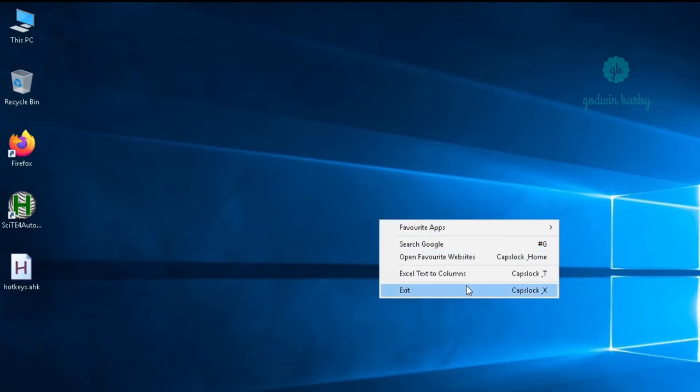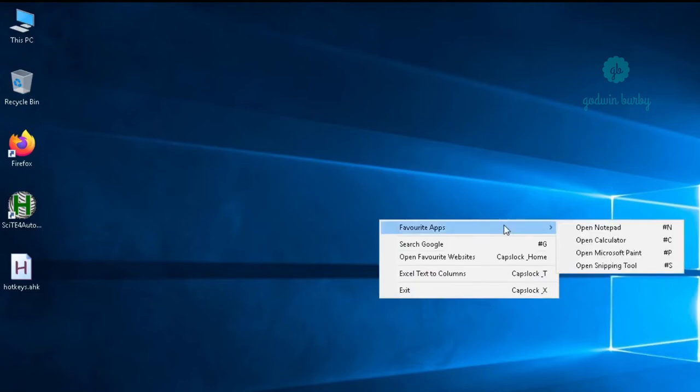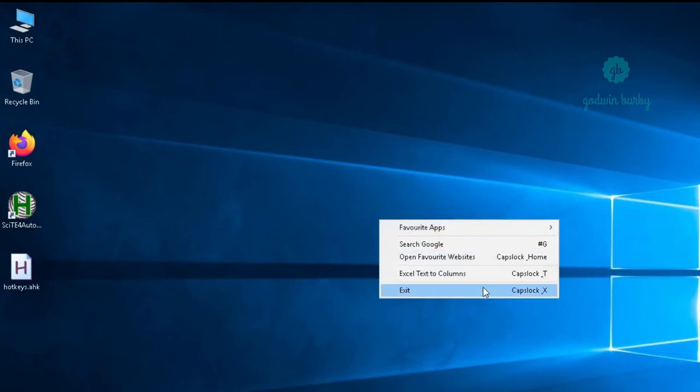The use of creating a menu item is that you can remember all the keyboard shortcuts that you have created before. And if you are not into using keyboard shortcuts, you can easily use this menu shortcut to access all that functionality, all those application launchers and website launchers that you have created in my last video. So let me exit this menu,